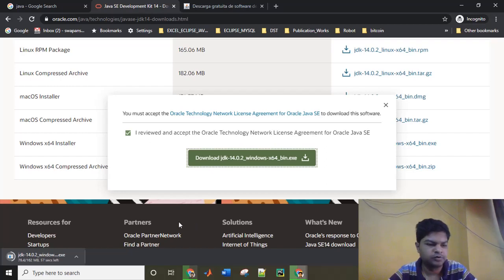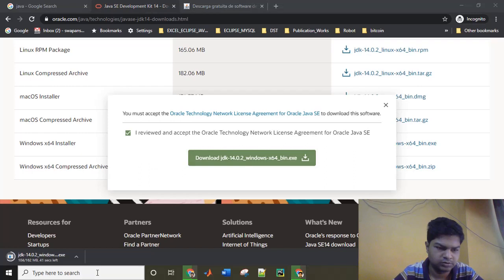In the meantime, you can check before download whether you have previously installed Java or not. If you have previously installed it, that is not a big issue, but you can check.